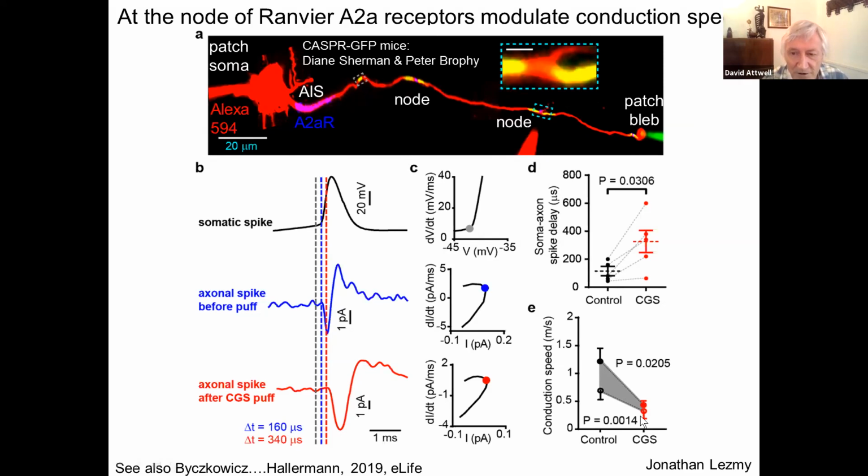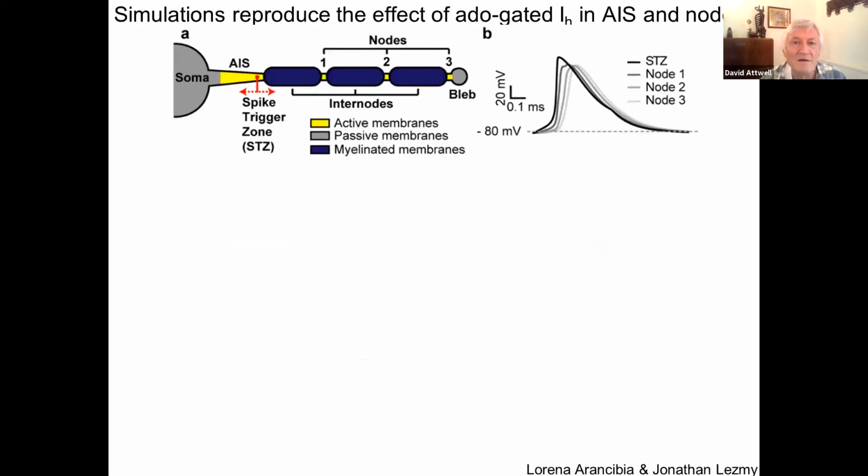And that's these two plots here. No matter what you assume, you get a large change of conduction speed, about 2-fold on this estimate. And I'll validate that with some computations later. So this is a computational model where we use that same model that I showed earlier to simulate a soma